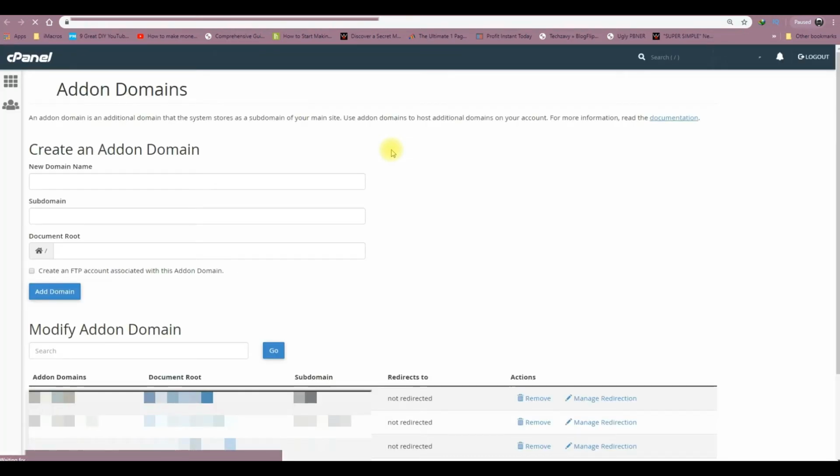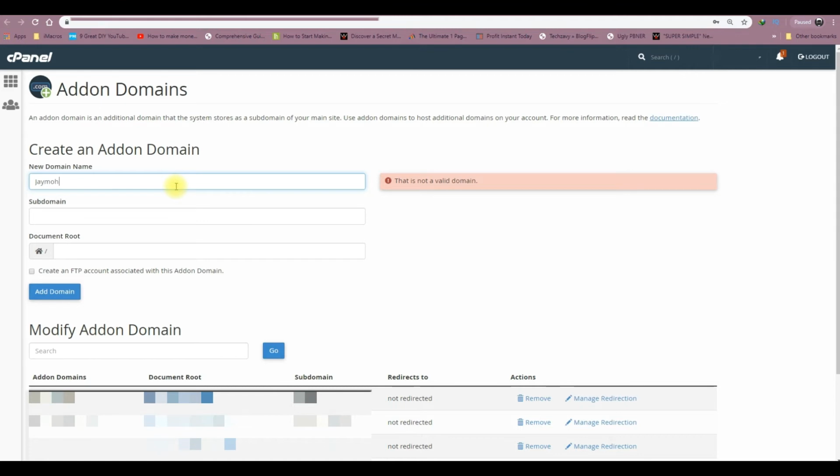Okay, let's wait for it to load. Okay, from here you're only going to enter the domain name, which is gmo.com. Then it's going to create everything. We don't really need the FTP account, which can also be created at a later point should you need it, but seeing as how we'll be doing this with Softaculous, there's really no point.